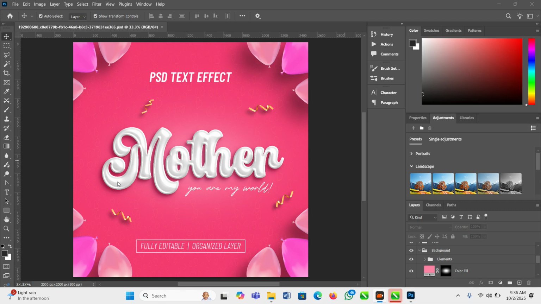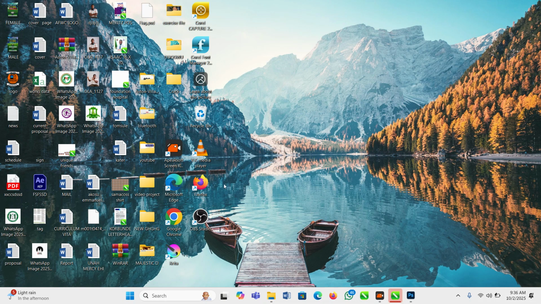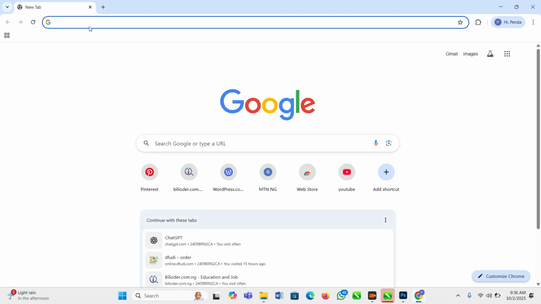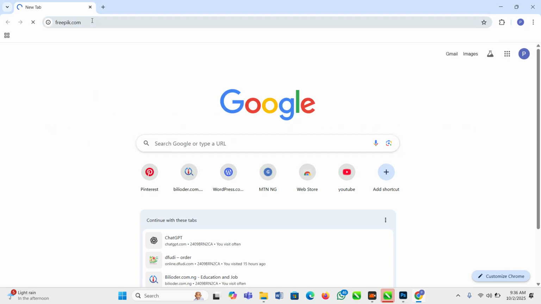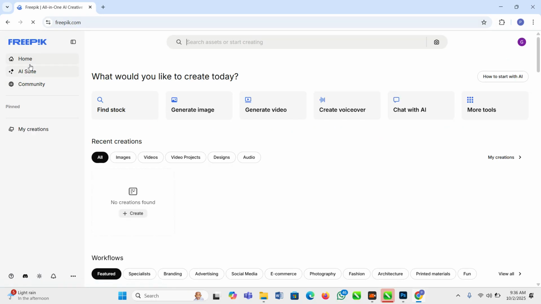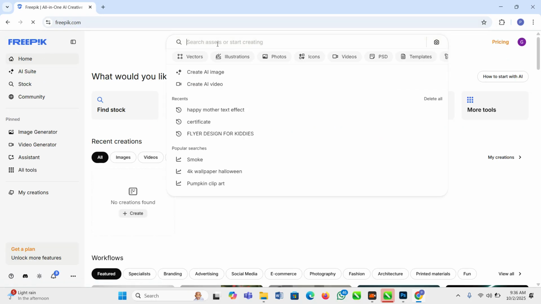Today I want to teach you how you can download this particular text effect. First you go to your Chrome. Yes, and it's open. So you go to freepik. This is freepik.com. You press enter, and then in the search tab you search for happy mother